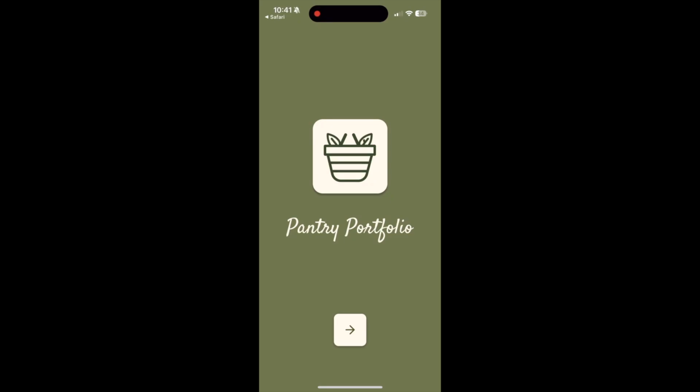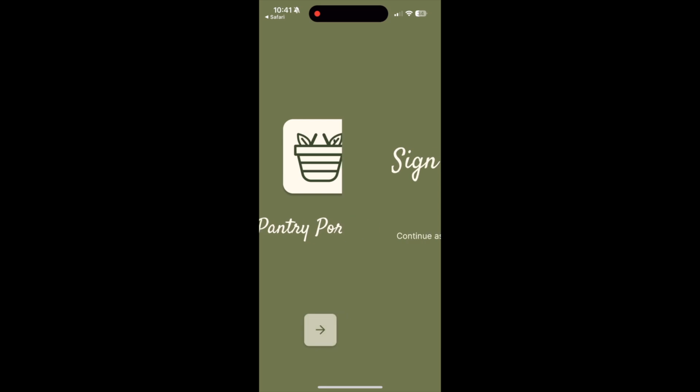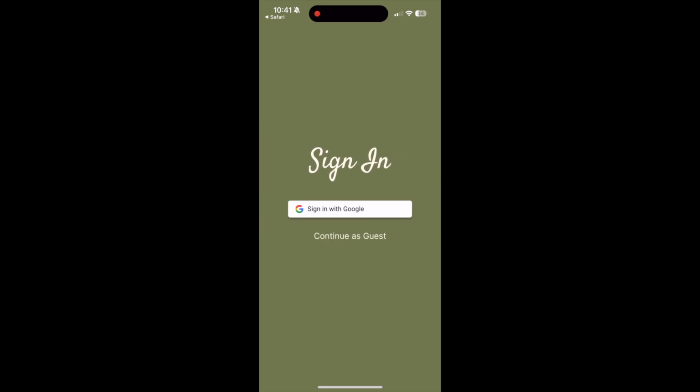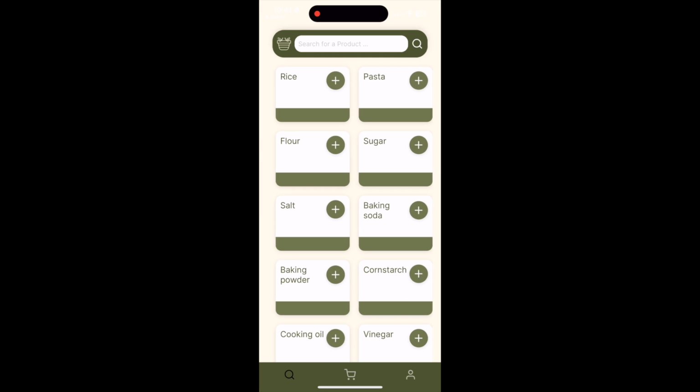Hi everyone, today we'll be demoing our Pantry Portfolio mobile app. Starting with the guest view, we'll go into our sign-in flow and click Continue as Guest. Once we do this, we will open up to the search page where we can add abstract items such as